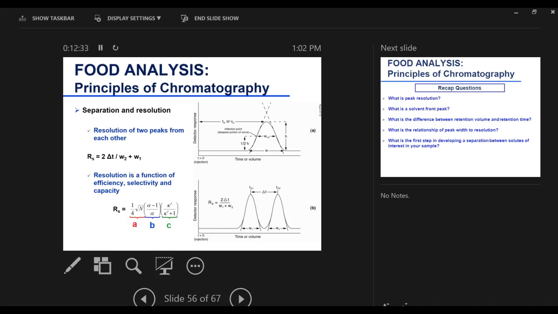So let me just clarify this a little bit here. If you have two peaks that have very close retention times, but they are sharp, they are nicely separated because they are sharp peaks. That means they reached equilibrium faster, they moved faster, and they were able to separate and leave the column in a reasonably fast manner. So there was a sharp peak. However, if for some reason my compounds are diffusing in the column and staying longer with the column,